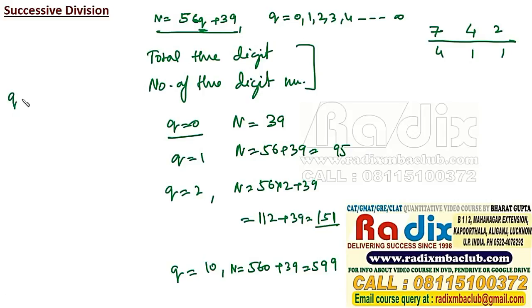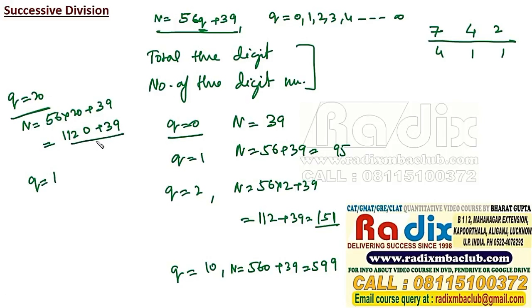Now if we put q as 20, the number would be 56 into 20 plus 39, but it will be more than 1000. We have to calculate 3-digit numbers. It would be 1120 plus 39. So it is confirmed that q would be less than 20. So let us take q as, it is 159 more, or 160, so if we take 3 less, let's say we take 17, it would be 56 into 17 plus 39,